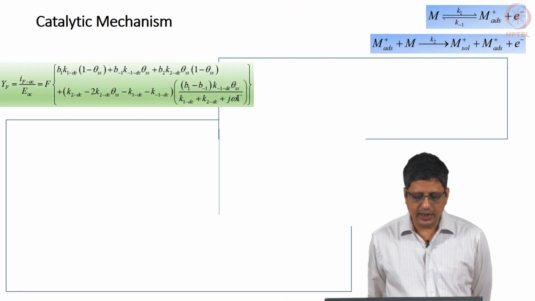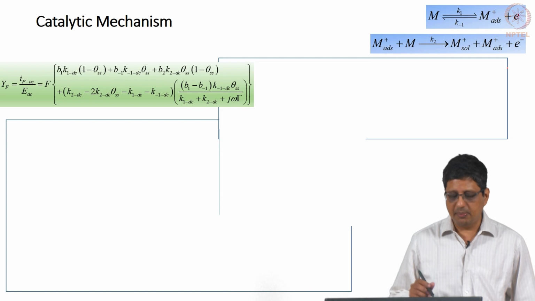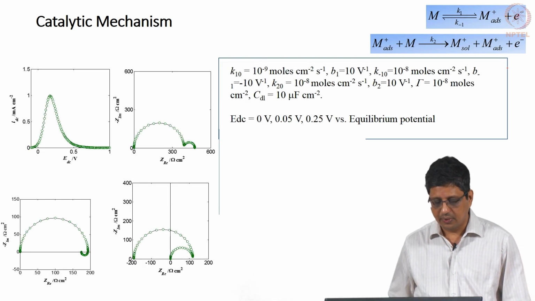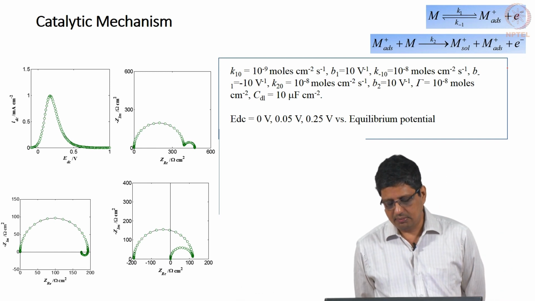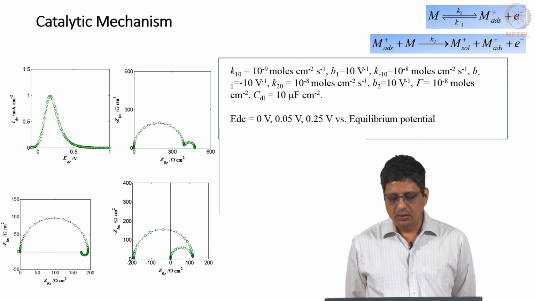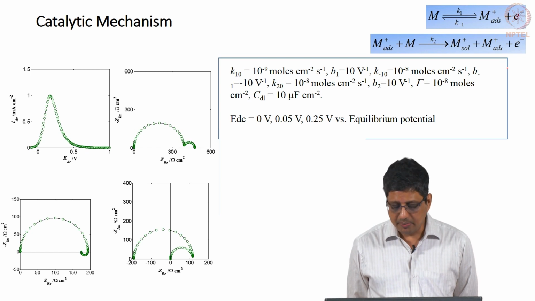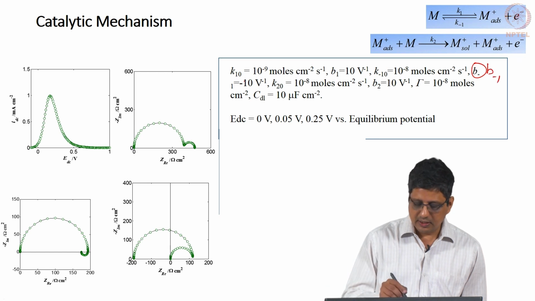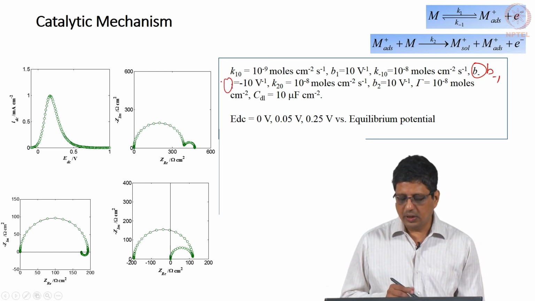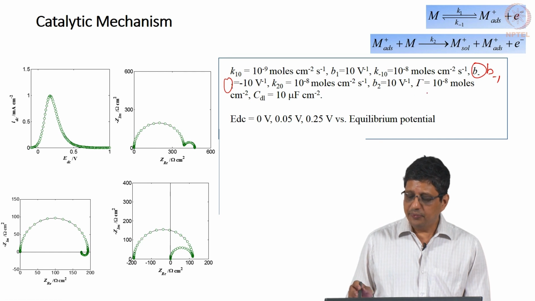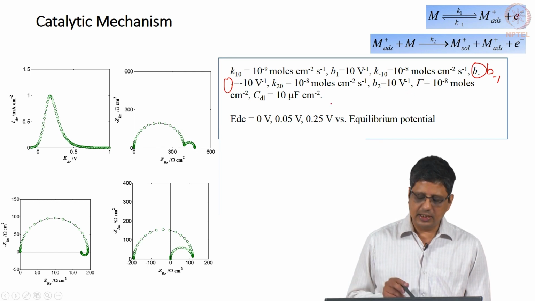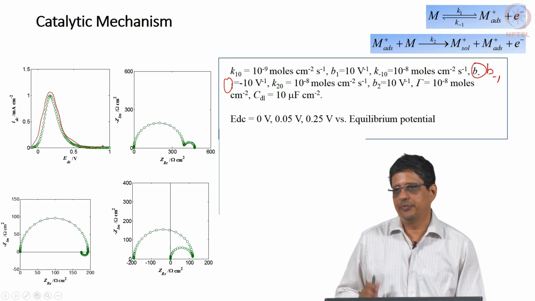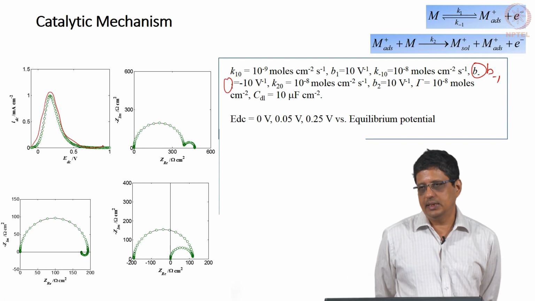You can rearrange it, you can substitute for d theta by dE, that is what I have done here and given you the expression. One set of kinetic parameters, okay, K1, B1, K minus 1, B minus 1, it would be nice if it were given in one line, but okay, K2, B2, gamma value and a reasonable double layer capacitance value gives you a current like this.